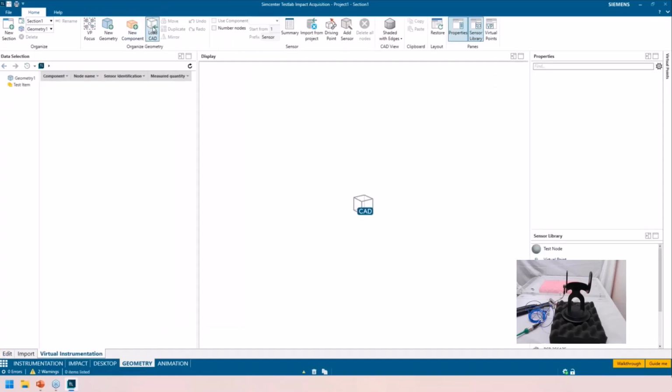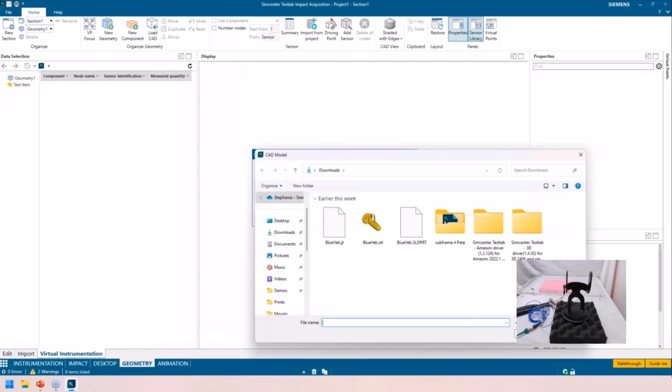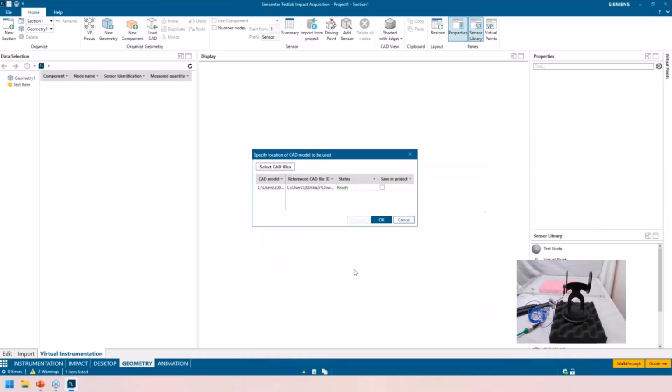So I can load in CAD models if I have a CAD license. And here I've got a JT. This is a Siemens proprietary file structure, so I don't have to convert it. If you did need to convert it, there's a conversion license. So if I wanted to add a SolidWorks file, for example, then I would have to get a conversion license. But because mine's already in the correct file format, I don't need to do that. I'm going to click OK.